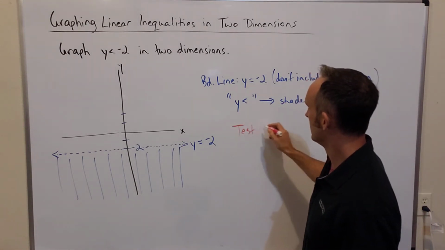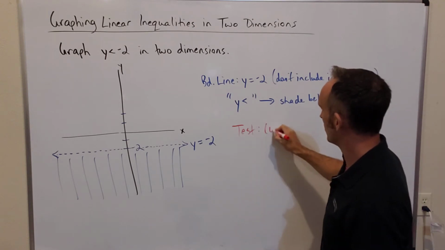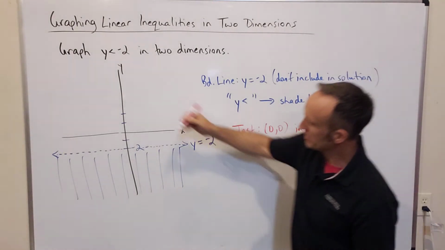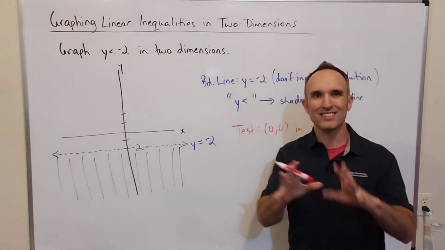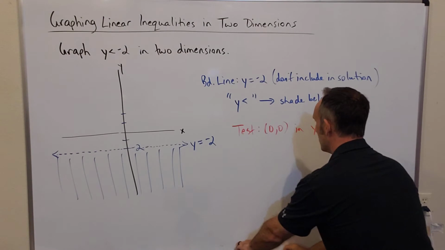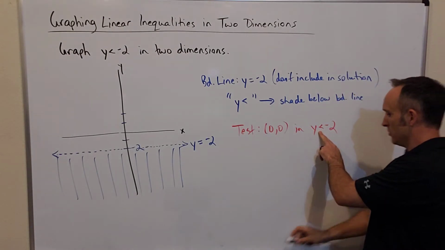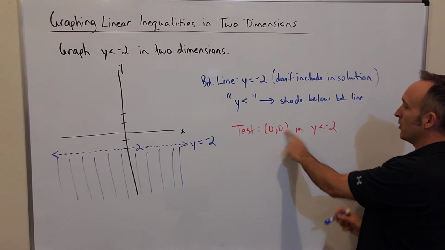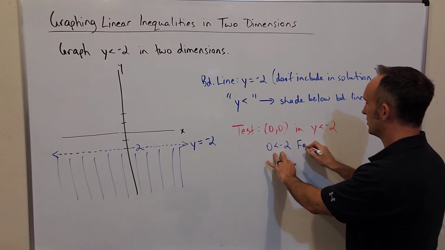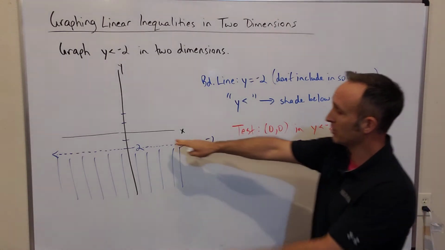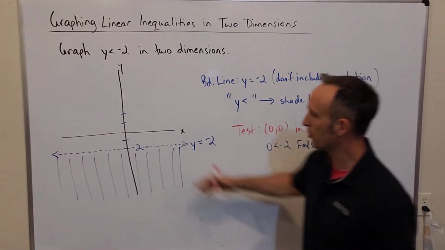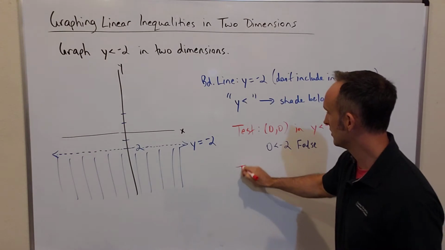Let's test the ordered pair 0, 0 in the inequality y is less than -2. The point 0, 0 is right here at the origin. It's not shaded. That means it should not be a solution. So if I plug in 0 for x, well, there is no x, right? So I don't plug that in at all. 0 for y, I get 0 is less than -2. That's false. And our graph tells us that because we did not shade that ordered pair, so it should make it false. If we test another point, maybe in the region that is shaded,